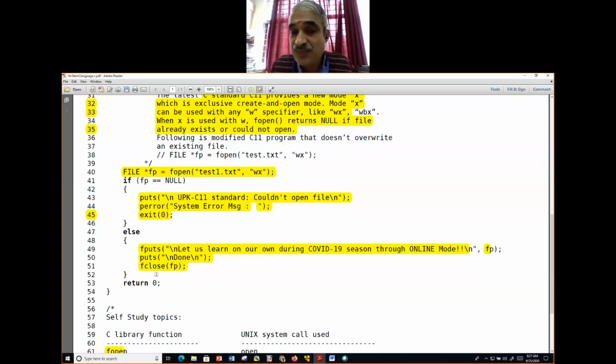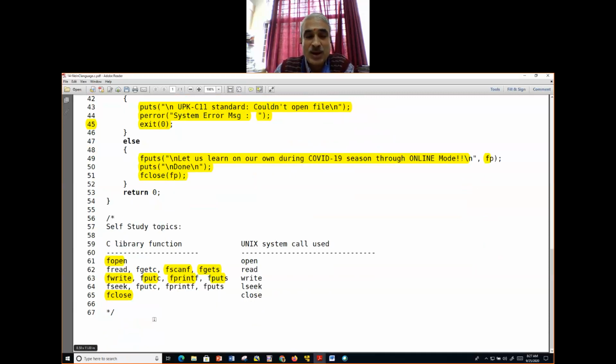Please remember, if you try on your own, that is the beginning of learning. And this is hand holding. I'm facilitating you so that you can do better reading and better practice of more than what I share with you. That's why self-study topics have been given. You need to try all these things on your own. Sit in some corner in your home, maybe 2-3 hours, and try all these things. That's the beginning of learning. If you only do what is said in the class, probably you may get good marks, but you are no good for placement.